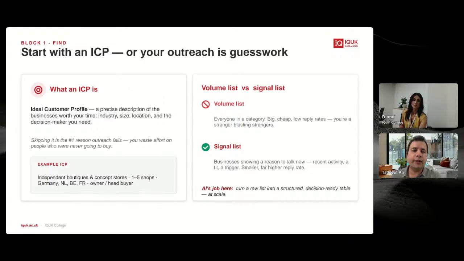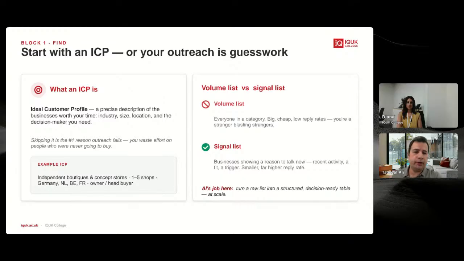So some mistakes people make in this process: they don't define the ICP very well. They just go ahead and start emailing businesses. That wouldn't work well, because you are blasting emails to lots of people. We call it strangers blasting strangers. You are a stranger to them, they are strangers to you, and you are sending emails. A lot of them, if not most of them, you wouldn't get any reply. It can also damage your reputation as a business.